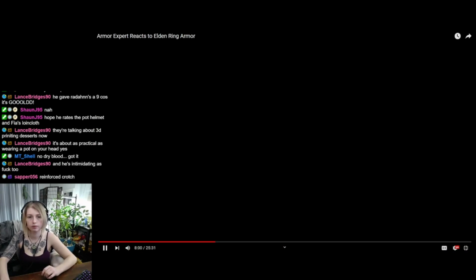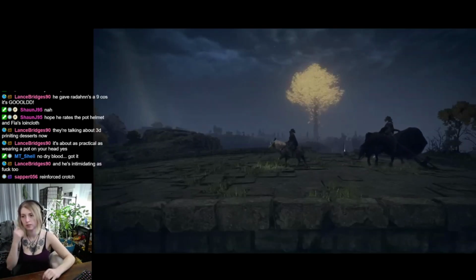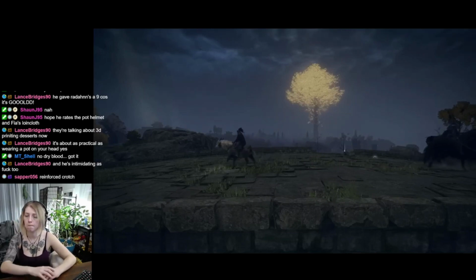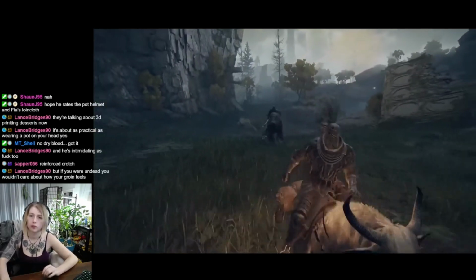Basically, chainmail underpants could give you okay protection in the groin, make people run at the sight of you. This is definitely a look that's going to work for you. I would say that this Knight's Cavalry armor definitely befits the Tarnished. If you want to really make people run at the sight of you, this is...